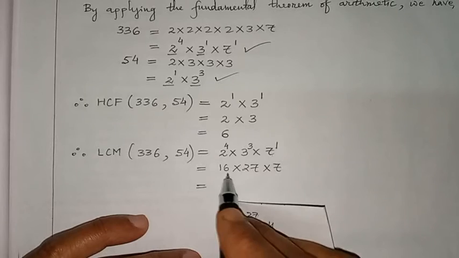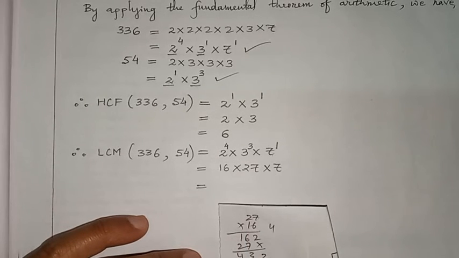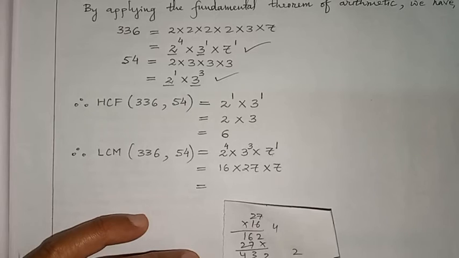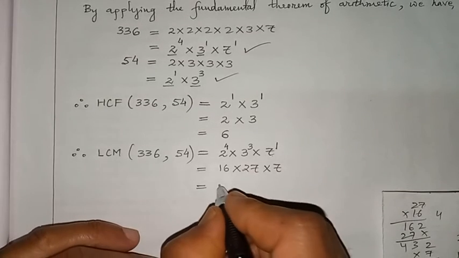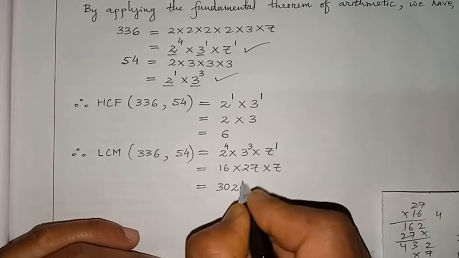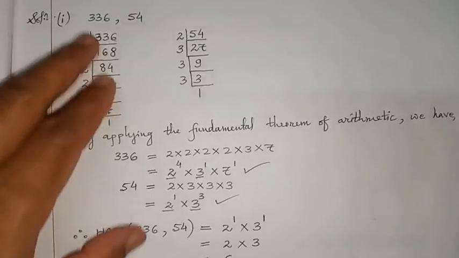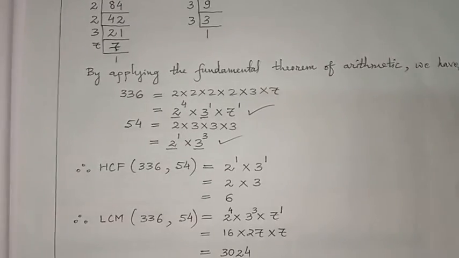After you multiply 16 and 27, again multiply by 7. So 7 twos are 14, 7 threes are 21, plus 1 is 22, 7 fours are 28, plus 2 is 30. So it's coming 3024. So it means that the LCM of these two given numbers is 3024, and the HCF of these two